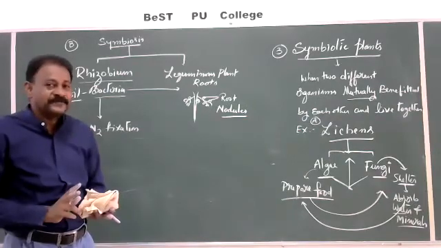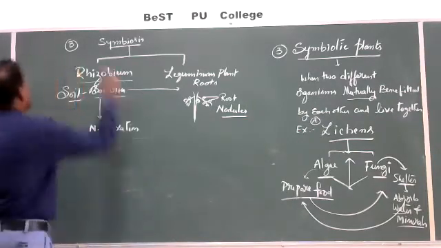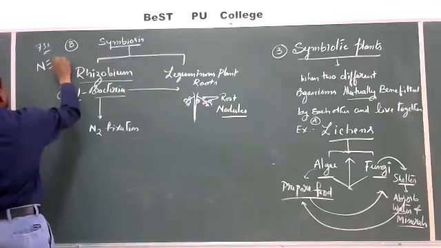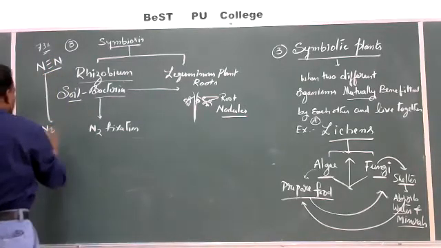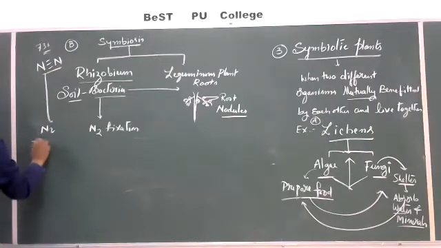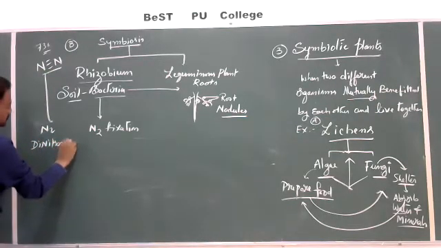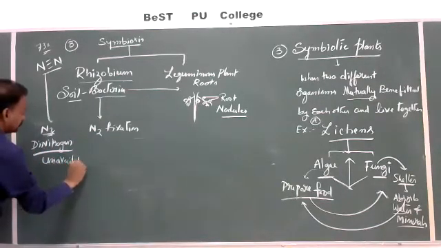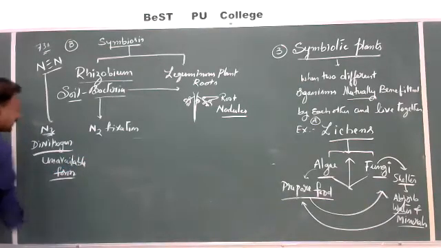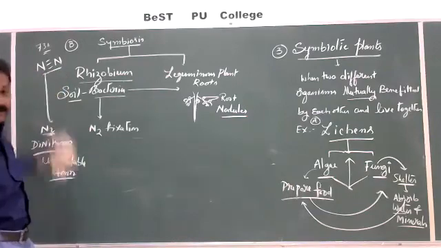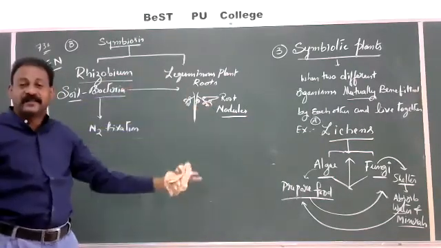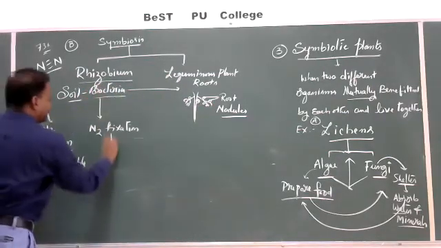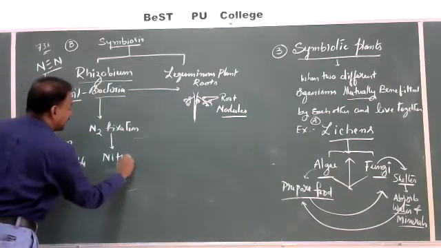So compulsorily a plant requires nitrogen, but nitrogen is present in the atmosphere, 78% by volume, in an unavailable form, which is called dinitrogen, N2, N triple bond N. So this is the unavailable form of nitrogen. In this universe, to break this triple bond, no other plant has the ability except bacteria, because this bacteria consists of an enzyme called nitrogenase.